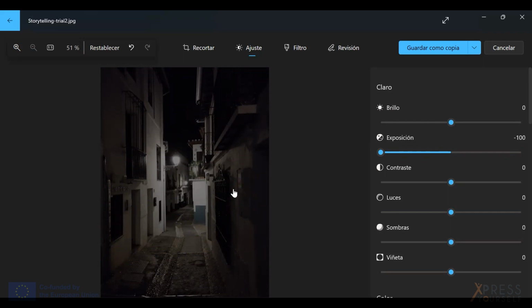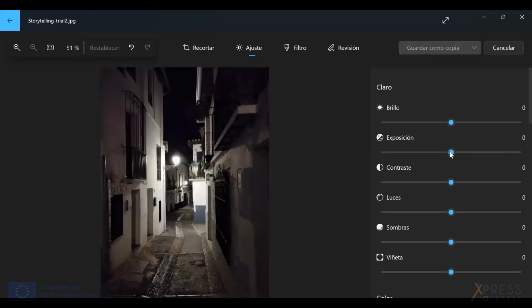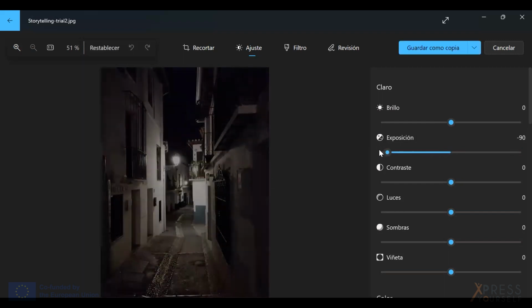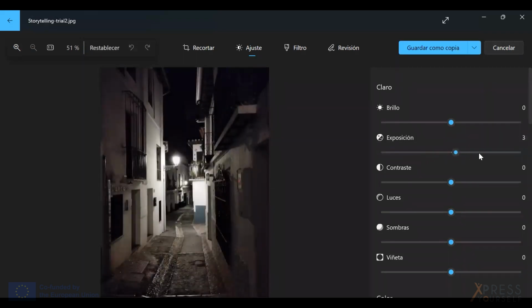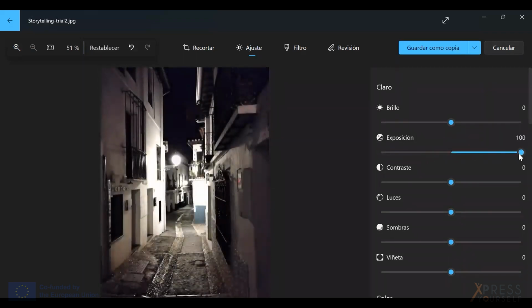You see here that red dot is not as visible as it was before. So that will help you understand how the exposure works. This is the balance that it has, original picture. So when I darken it, I darken the darkest parts, and when I whiten it, I whiten the brightest parts.